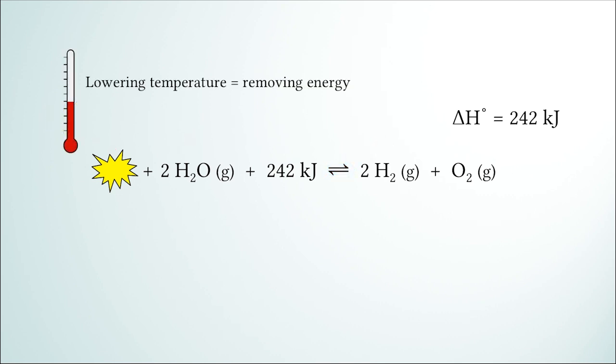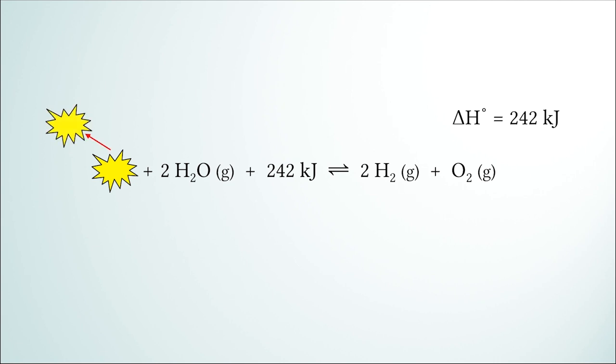Now, what if we were to lower the temperature? It's like removing a reactant. That causes the rate of the forward reaction to slow down, which makes the reverse reaction faster than the forward one. This means the reaction will shift to the reactant side, making more water and using up more hydrogen and